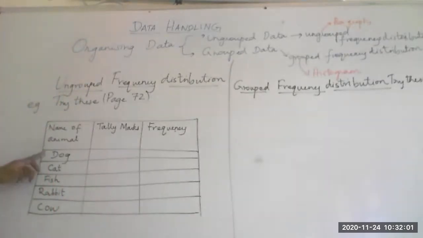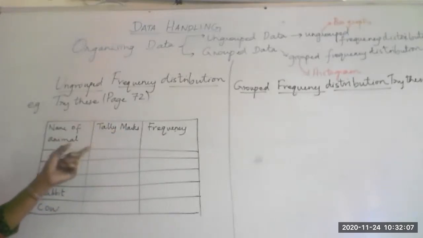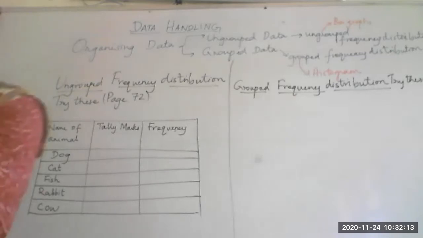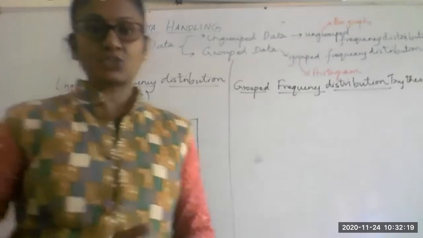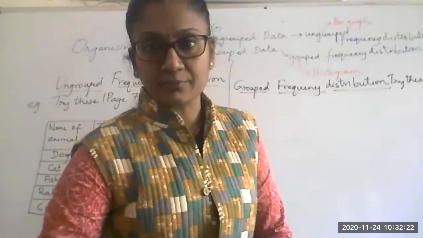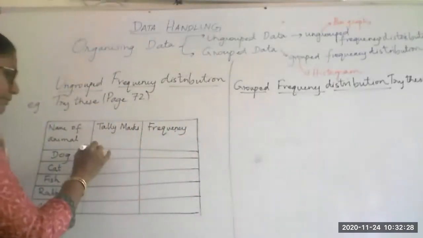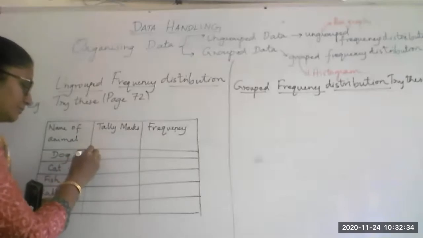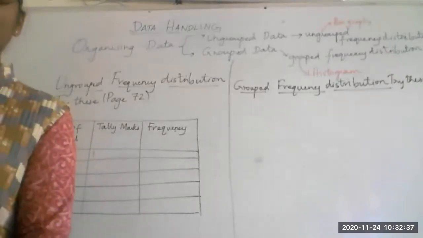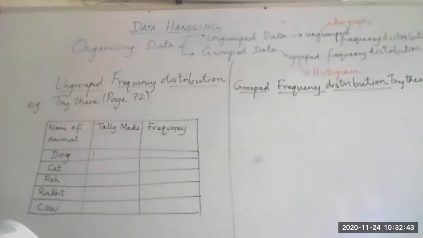So now your tabular column is ready with the name of the animal. Tally marks means how many people have liked to have dog as the pet. Frequency is the total of all your tally marks. So how to put your tally marks, I hope you know how to do it. Otherwise, please pay attention, because such kind of questions are very much frequently asked. Still somebody is waiting. So we will start. First one is the dog. So you will put 1 stroke for dog there in that column. Okay. The second animal, you can cross it down there in your textbook. When you write 1 tally mark for dog, cross out the dog so that you don't have to repeat.